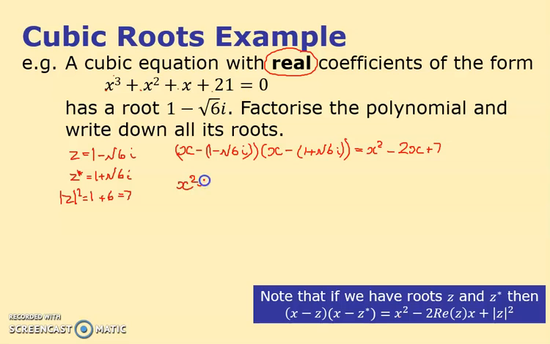So I've got x squared minus 2x plus 7, and I want to know how many times that goes into my initial expression. My initial expression was x cubed plus x squared plus x plus 21. And if I divide this into this and work out what I multiply this by to get my final answer, then I will get my third root. So x squared times by x gives me x cubed. X times by minus 2x gives me minus 2x squared. Notice I've got to do this 3 times. X times by 7 is plus